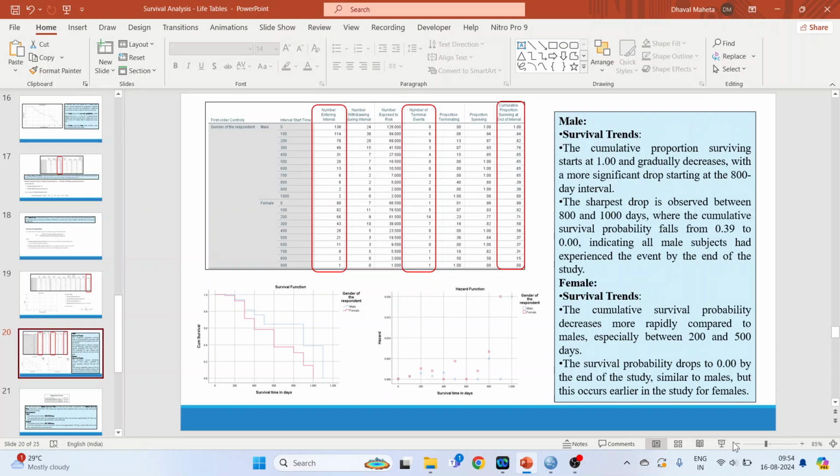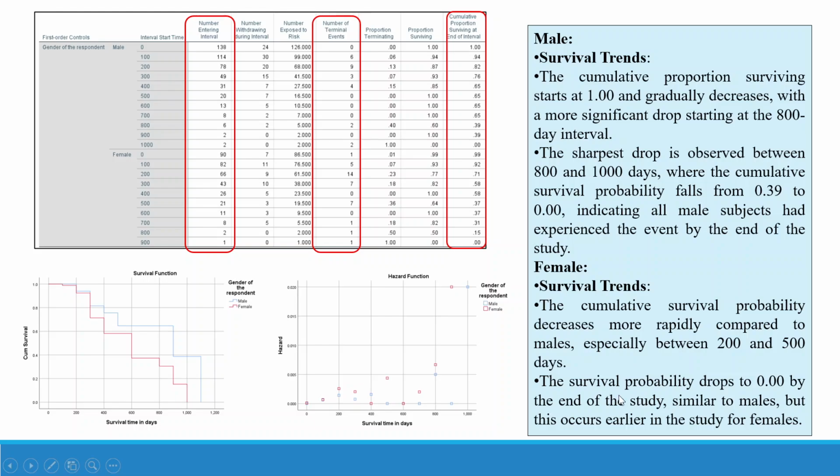So the survival probability drops to zero by the end of the study, similar to males, but this occurs earlier in the study for females. This means that the survival curve in case of female is more steep than in comparison to male. It means that the probability of survival in female of cancer patient is less in comparison to male